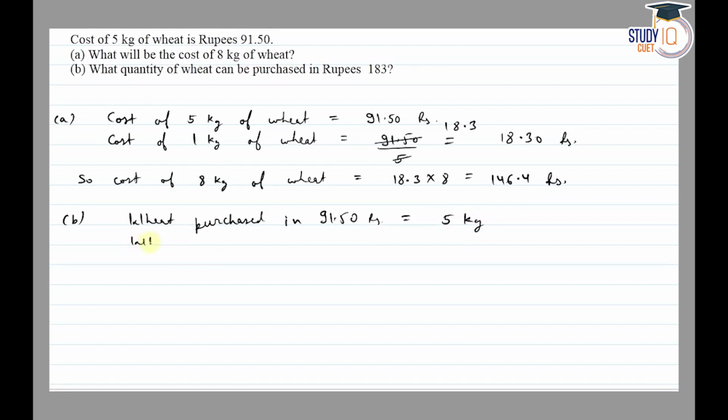So wheat purchased in 1 rupee equal to 5 upon 91.5. So wheat purchased in 183 rupees is equal to